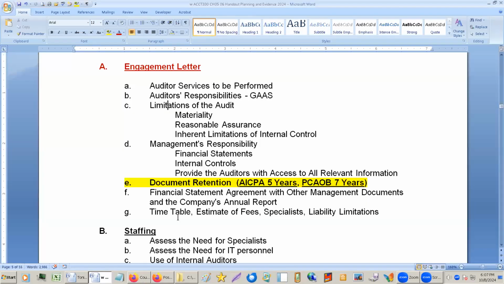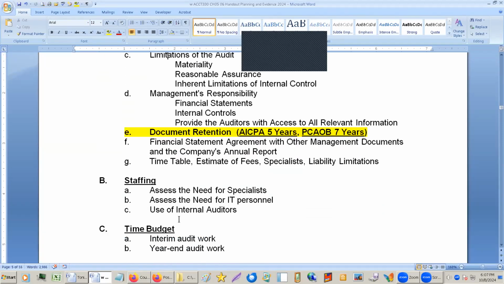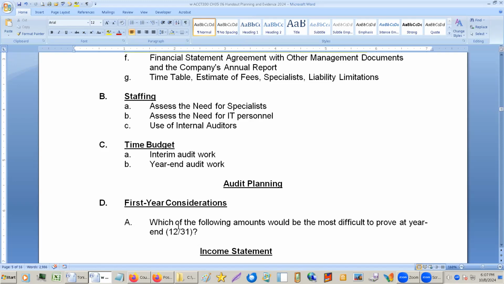So anyway, a lot of times that engagement letter will also allow for the client to realize what's going on with an audit, what it entails. Because again, if you never had it done before, it's hard to figure out. Okay,